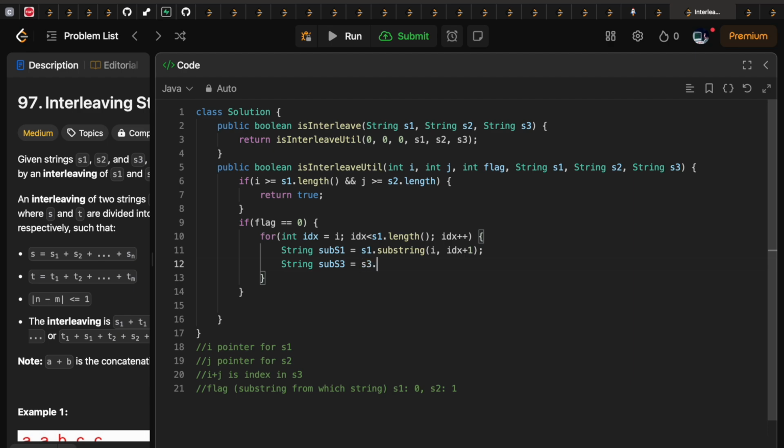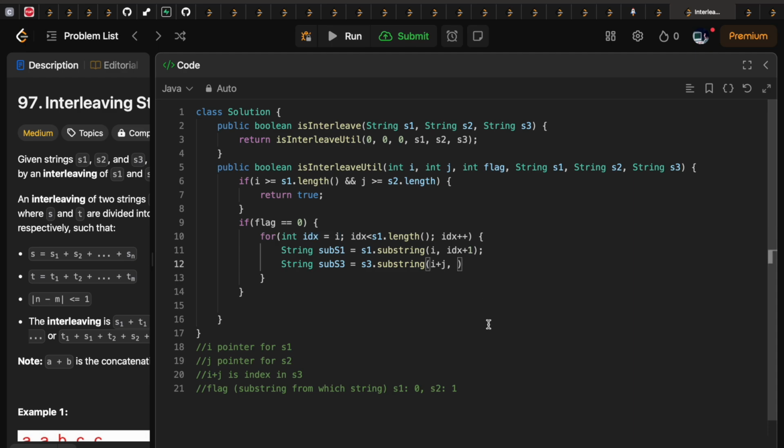So my pointer is at I plus j. Okay, and its length will be the length of the current substring. Okay,